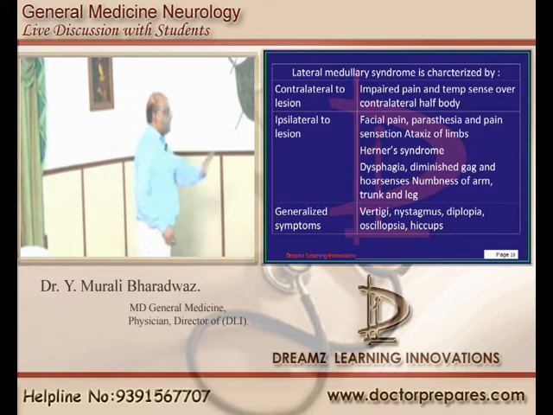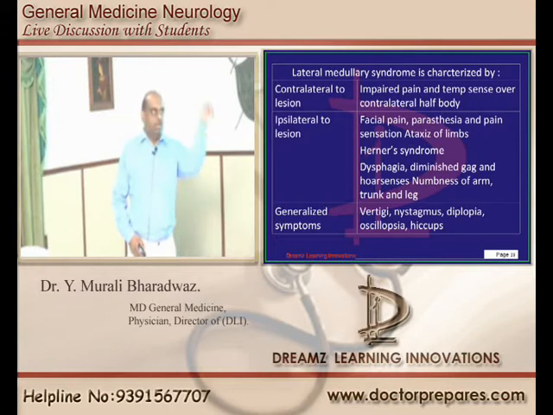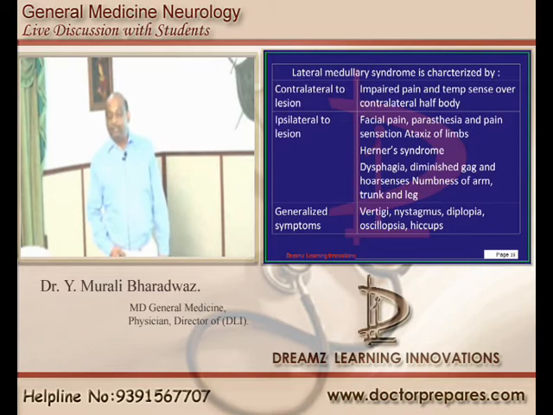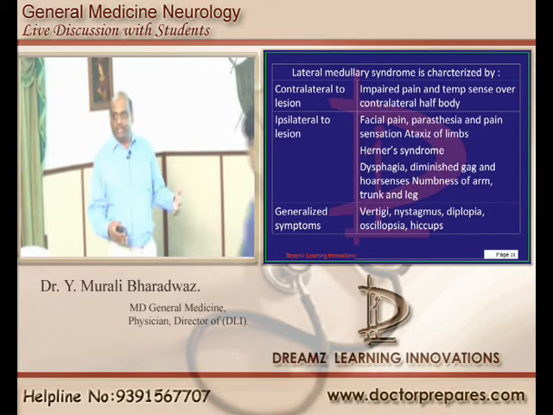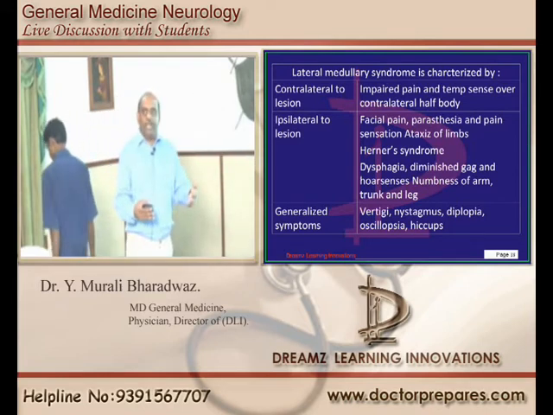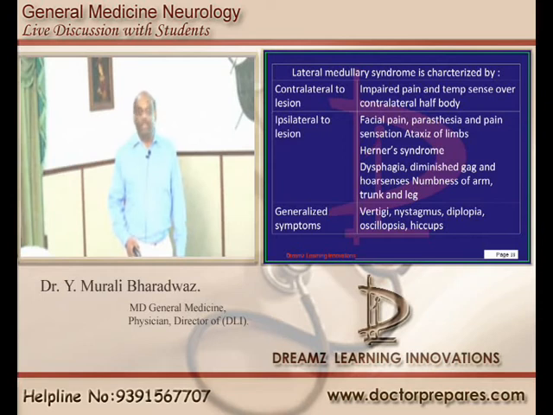So if you take the cut section, doctor, as a house surgeon you make a habit, every stroke patient, how many cut sections are there? Midbrain, pons, medulla, spinal cord, or at the level of the internal capsule, or in the brain where is the hemorrhage. So put a nice drawing and you guess after the neurological examination possibly where is the lesion. Once you start doing, you will get habituated.